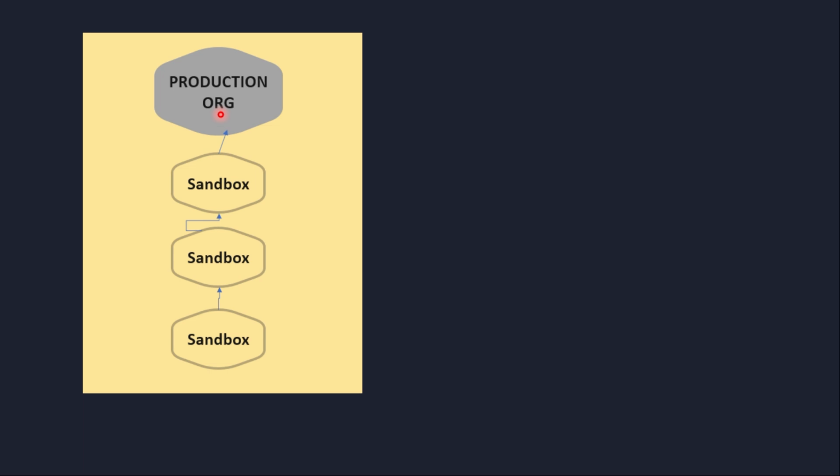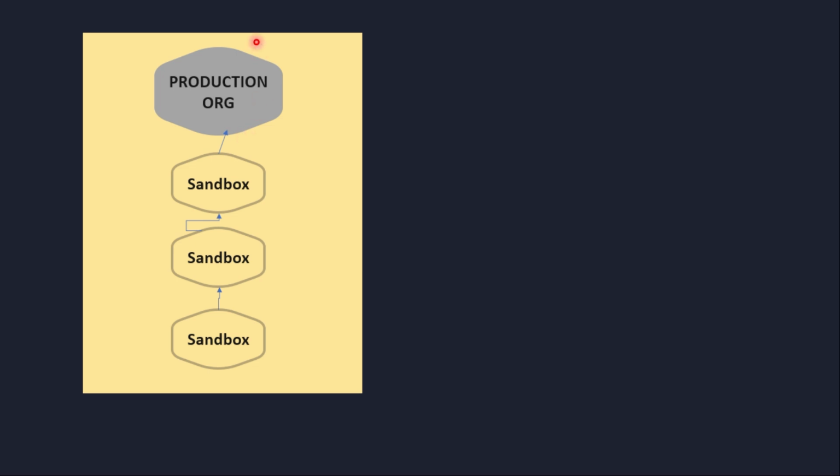You cannot directly make changes in the production org or make any flow and all, because that is not good practice. You can do that, but that is not how things work, right? So from sandbox to sandbox, you can deploy by using a change set. From sandbox to production, you can deploy using a change set. But the only thing you need to remember is all those deployments should be within the same company.